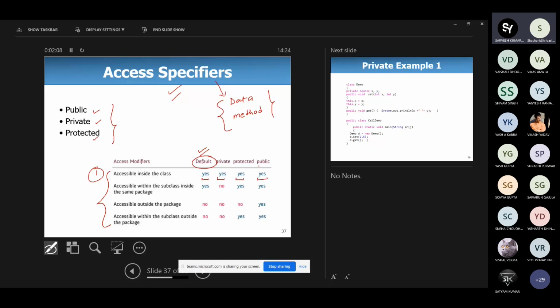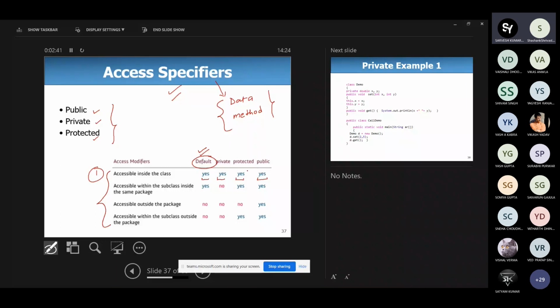It means if you declare any data as well as method as either public, protected, private, or default, in all the 4 cases you can access the data as well as method within the class. So there is no problem. Within the class there is a freedom, meaning the members and data can be accessed within the class irrespective of its access specifier.